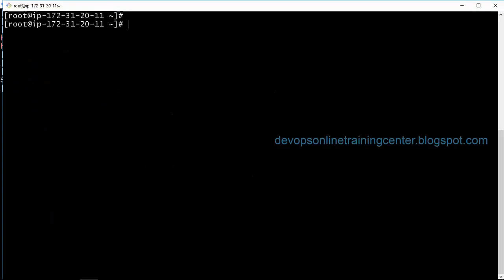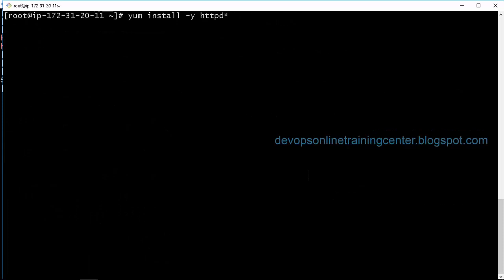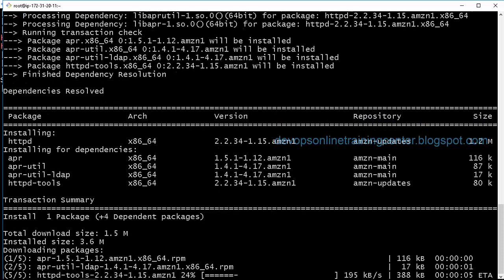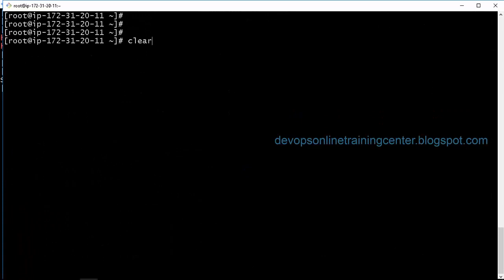On the other node also we'll try to install httpd. Yum install -y httpd. I think that's why it failed. We have given star, right? So the command should be this, httpd only. Yum install httpd. This we actually gave while booting up. It should install httpd and start the service automatically, but it did not do that because we have given star, and the same command fails here because of some dependency issue. So if we give this, it would have worked.